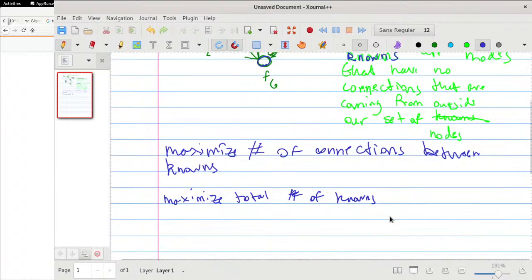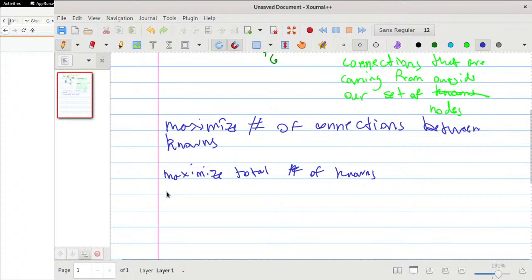And we want to minimize connections to unknowns from